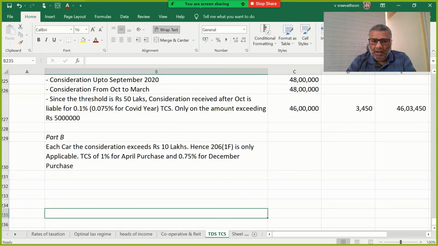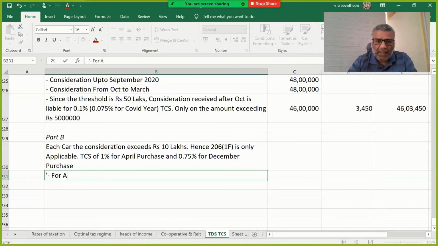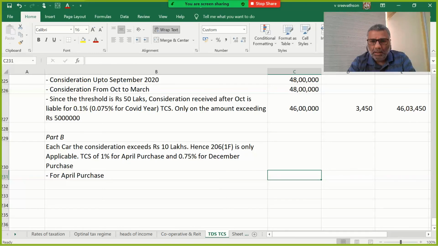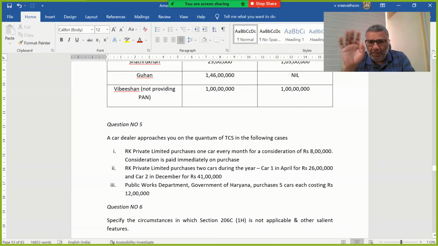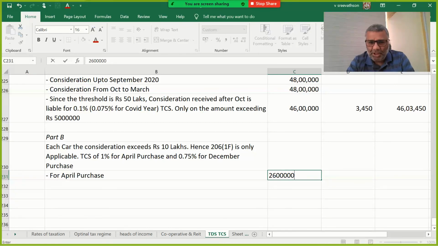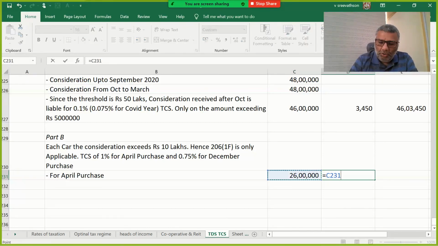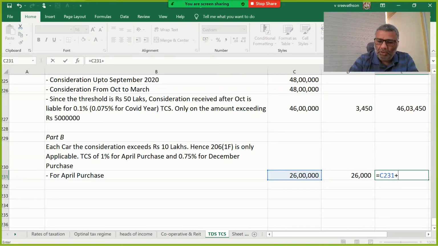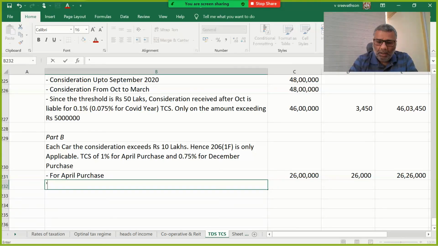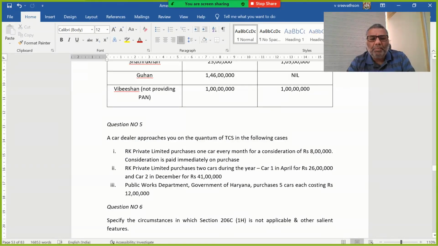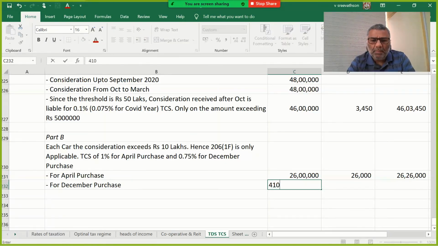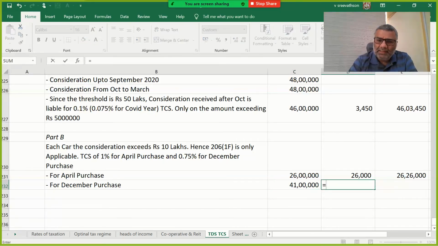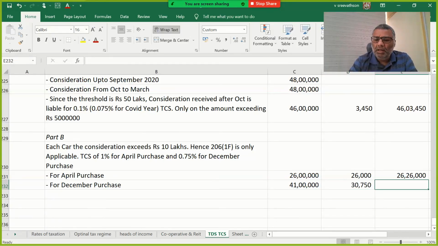For April purchase, there is no threshold limit here, because 10 lakhs is the threshold limit, into 1%. So you will collect from him during the month of April this amount. For December purchase, 41 lakhs, this will have a COVID year benefit of 0.75%. So you will collect